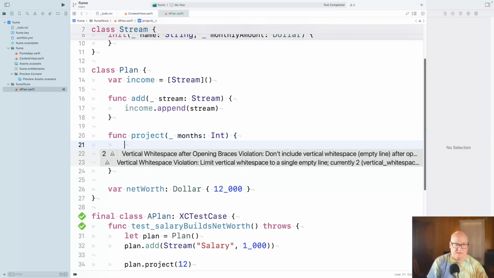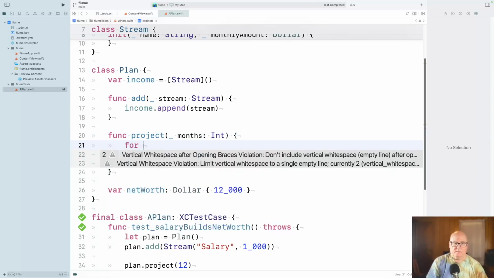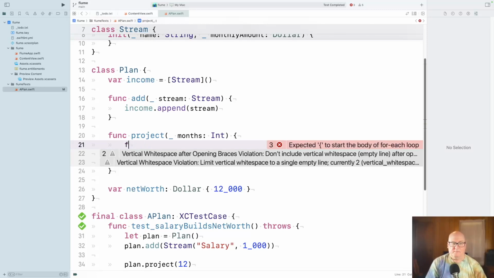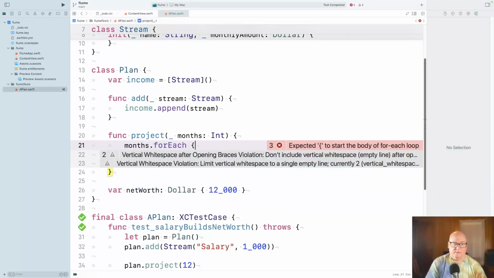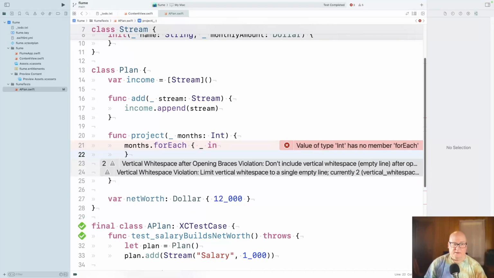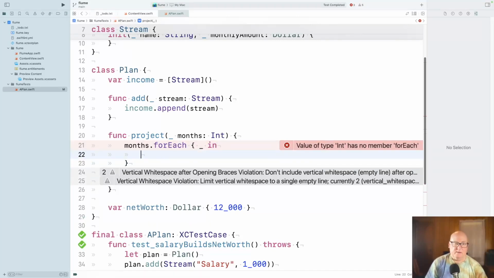Well, I want to do something that's like, well, maybe it's like month stop for each. This, I want to somehow add the value of that income stream into my total.